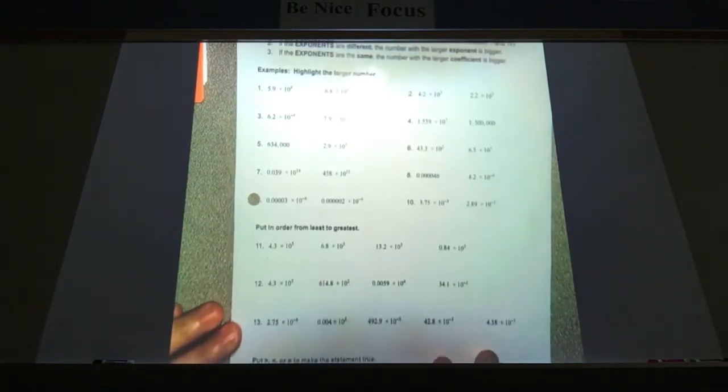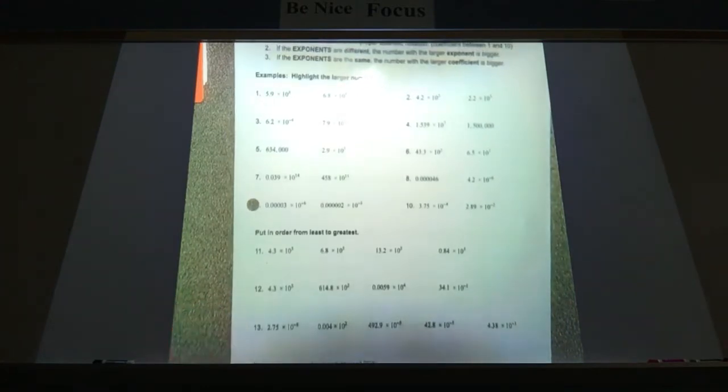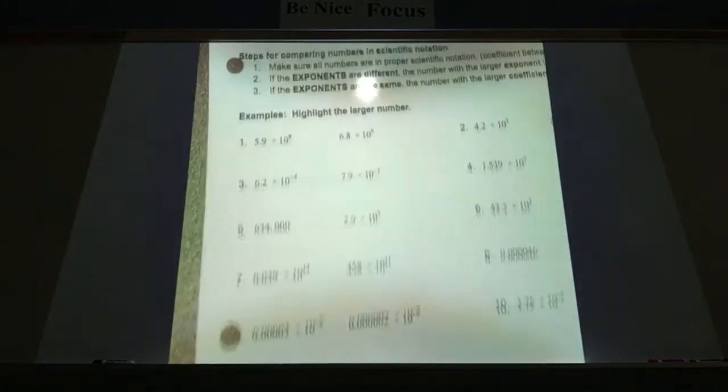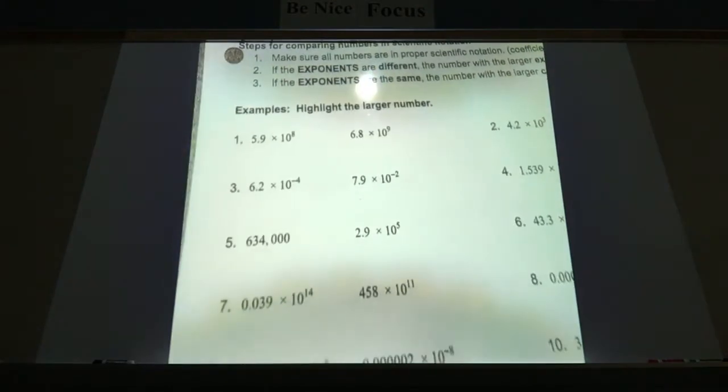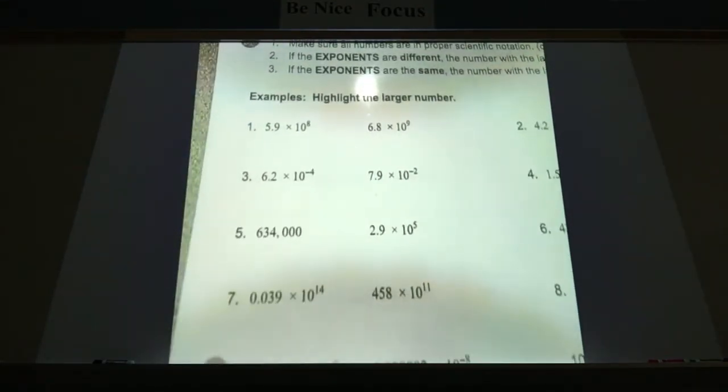All right, so when we compare numbers in scientific notation, one way that you can do it is you can take the numbers out of scientific notation, put them in standard form, and it's pretty easy to see bigger and smaller. So I'm going to go to number 1 on our examples,